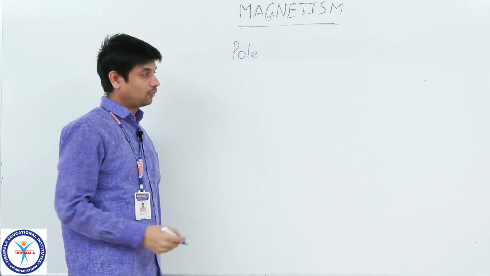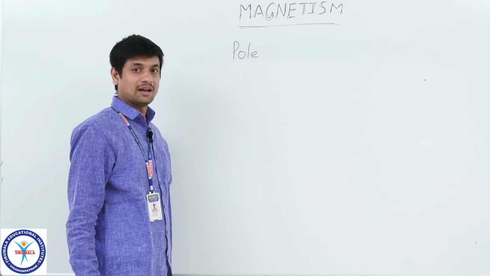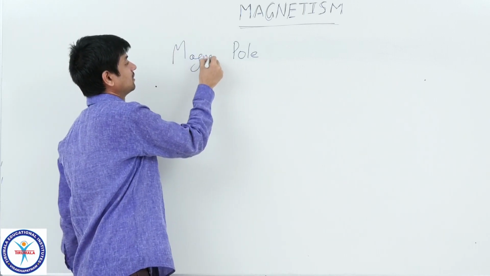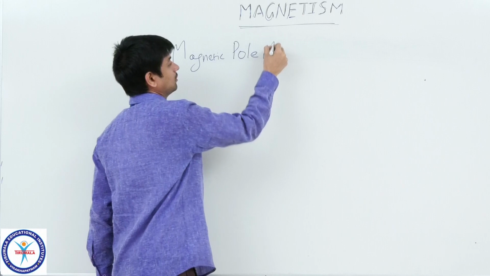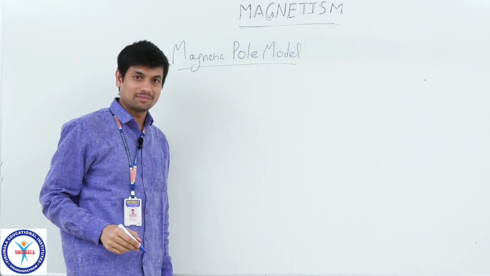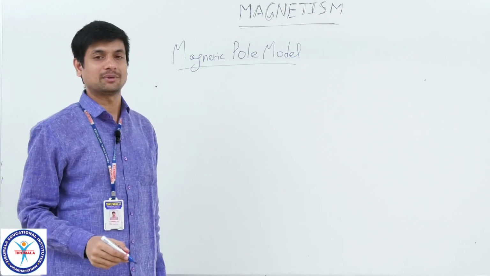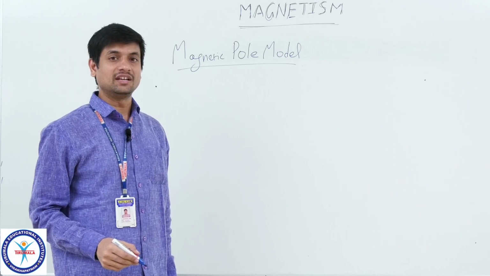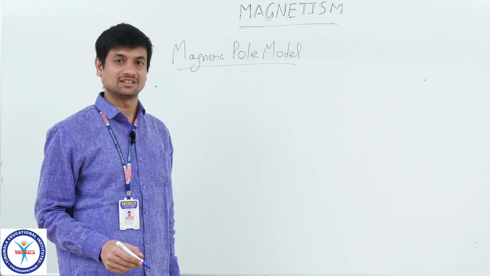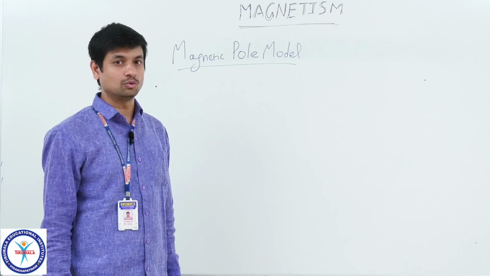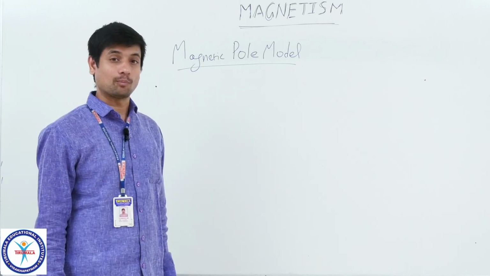So now we are discussing magnetism in the manner of the magnetic pole model. Actually, magnetism can be understood by the Ampere model also. Ampere means Andre Ampere, one of the scientists. He did so many investigations in magnetism. I said before, two discoveries lead to developing this theory properly. What are they?